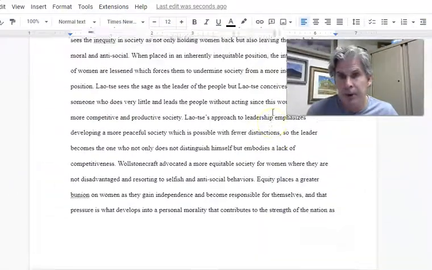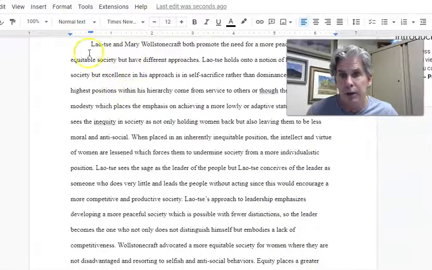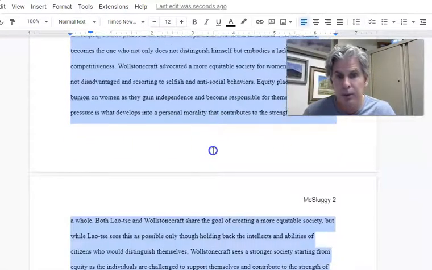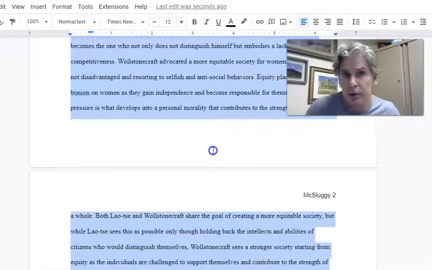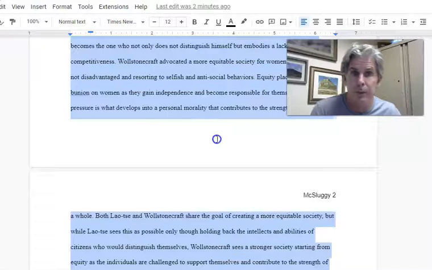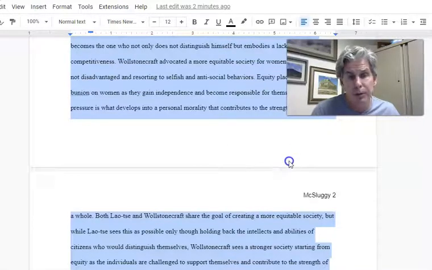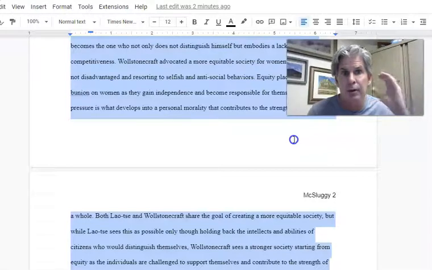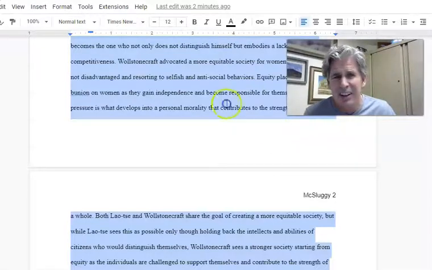Okay, all right, let me shrink myself up again, and let's go to the body paragraphs. But that's what you're looking for in the introduction. That's this one. A little rule of thumb, this is not an absolute, but your introduction should be about 3/4 of a page. It definitely needs to be more than half a page, and it shouldn't be more than a page. About 3/4 of a page is what you're looking for. It's about getting the job done of setting up the body paragraphs, both the facts that you're going to deal with and the ideas you're going to impart, and getting a thesis at the end that's insightful. That's going to take about 3/4 of a page.